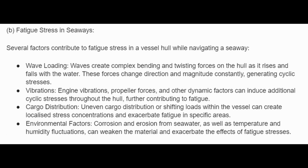B. Fatigue stress in seaways. Several factors contribute to fatigue stress in a vessel hull while navigating a seaway. Wave loading. Waves create complex bending and twisting forces on the hull as it rises and falls with the water. These forces change direction and magnitude constantly, generating cyclic stresses. Vibrations. Engine vibrations, propeller forces, and other dynamic factors can induce additional cyclic stresses throughout the hull, further contributing to